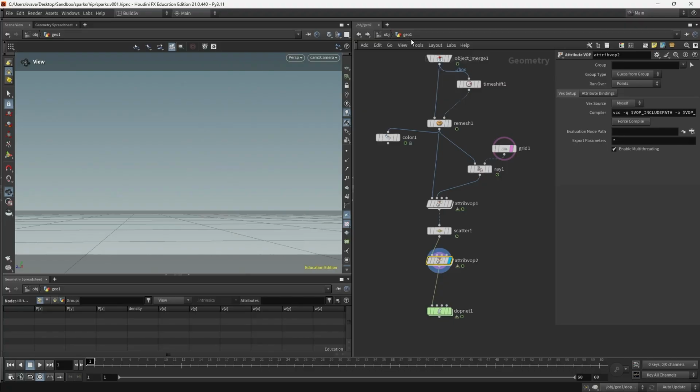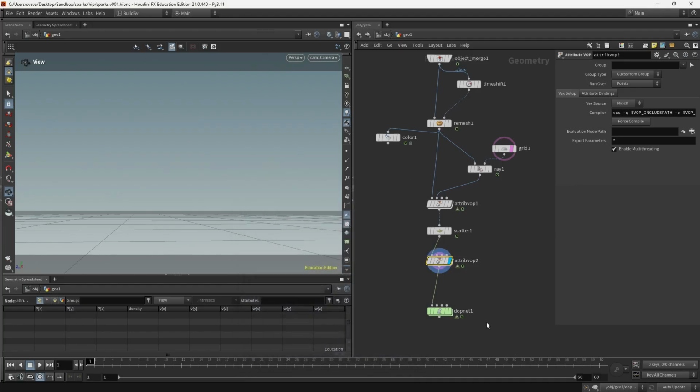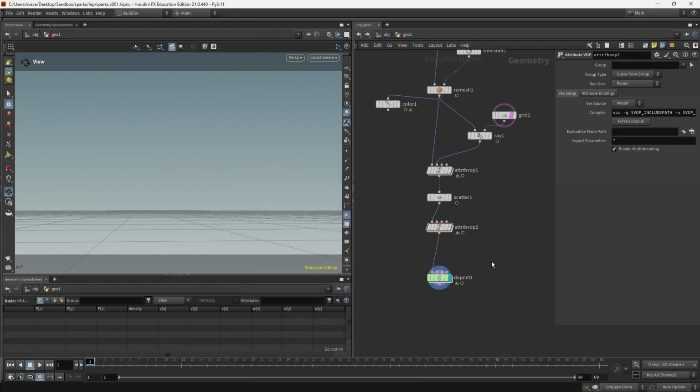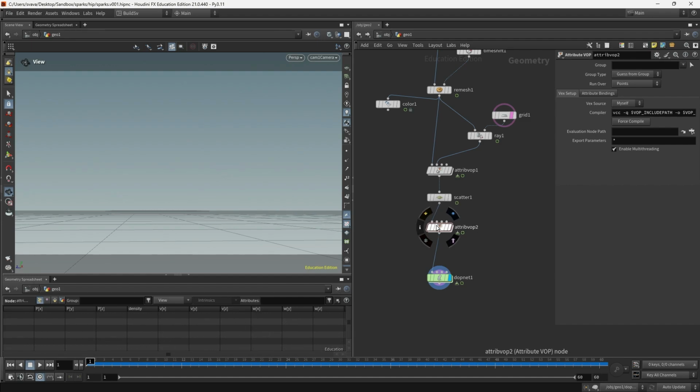Now I'm going to go upstairs and I'm going to turn off the visualization for the velocity. And let's see how this looks in a simulation. Looks okay. I think I might want them to go a little further. So I'm just going to go back into the attribute wrangle.